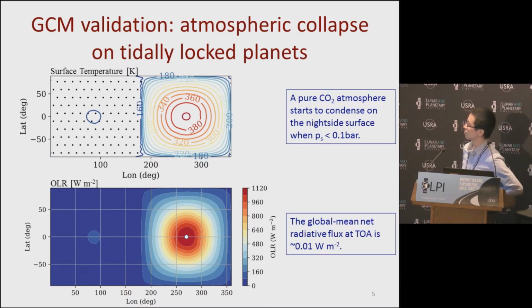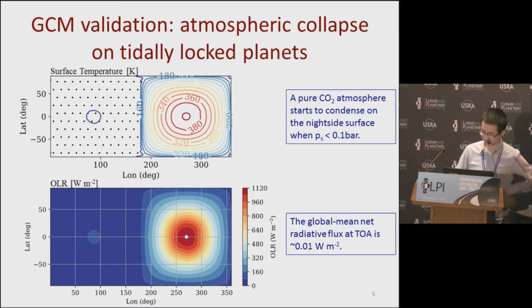A pure CO2 atmosphere collapses when the surface pressure is less than 0.1 bar given Earth-like conditions. And the surface temperature distribution is the same, and this dotted area marks where CO2 condenses on the night side. And here I show the OLR. If you calculate the global mean and compare it with the absorbed stellar radiation of the climate system, the difference is 0.01 watt per meter squared. So I think this model conserves energy very well, and this is very essential for accurate